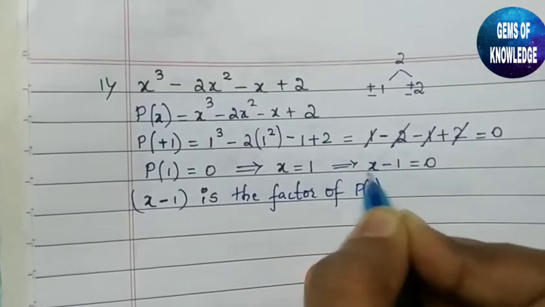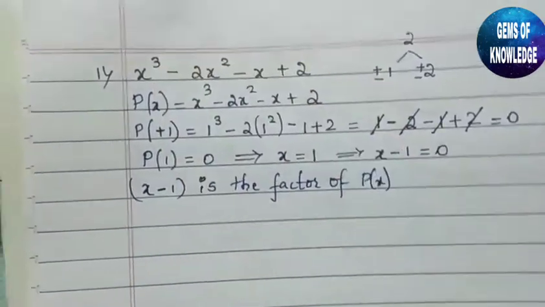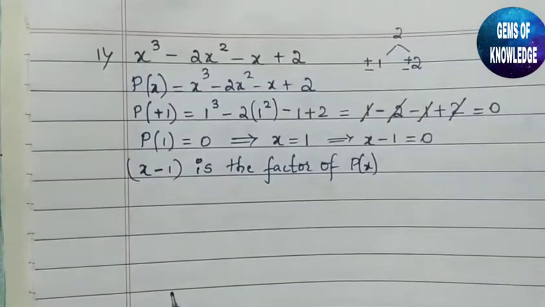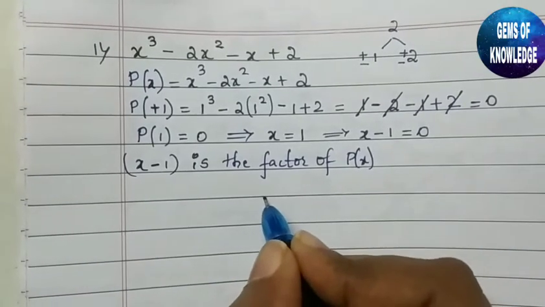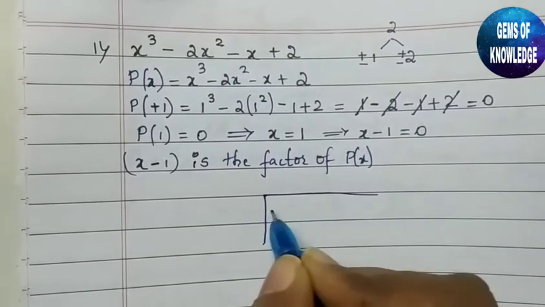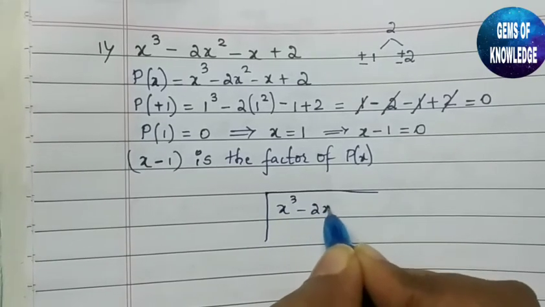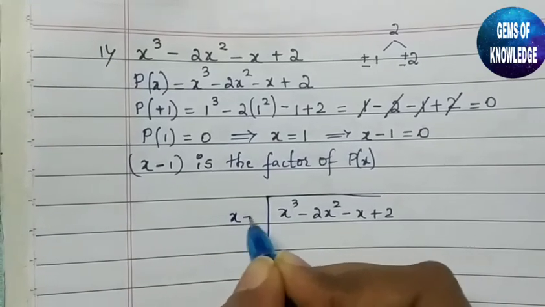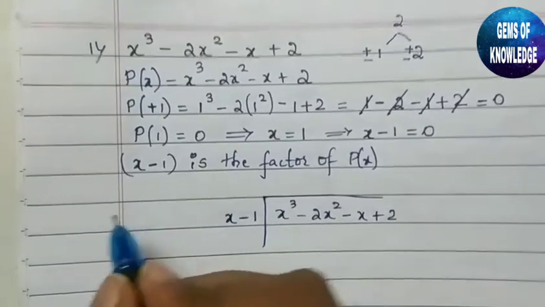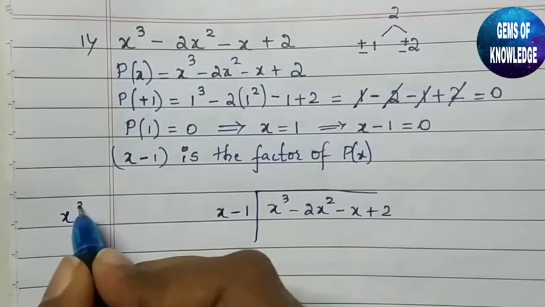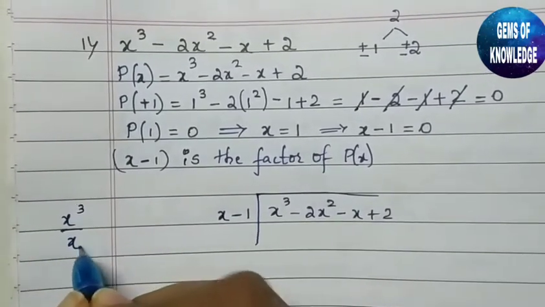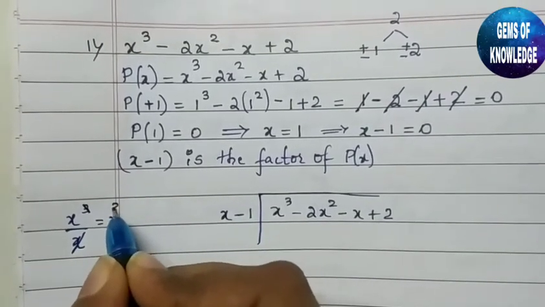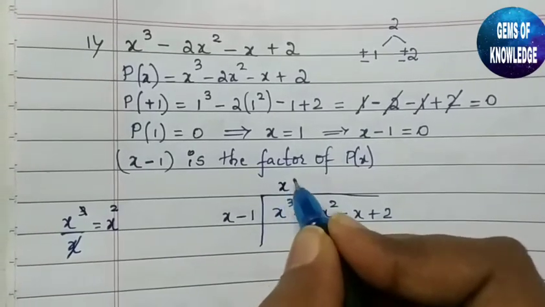Okay, so x minus 1 is one factor of this whole term, and using this x minus 1 we need to solve the long division method for this. Okay, so let us see how. That is x cube minus 2x square minus x plus 2, and here we need to take x minus 1. So let us start. x cube is given here. x cube will be divided by this x. So x and 1x from here will be cancelled. We are left with x square. So that x square will be taken here.